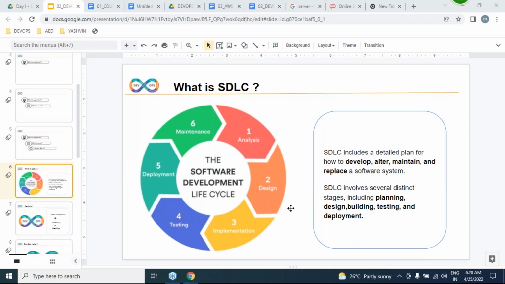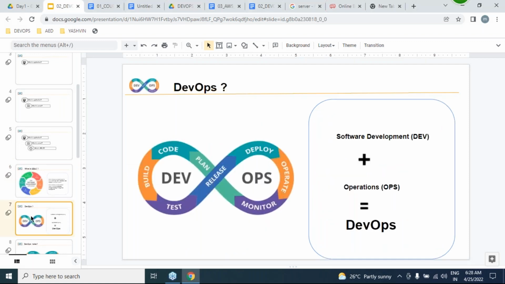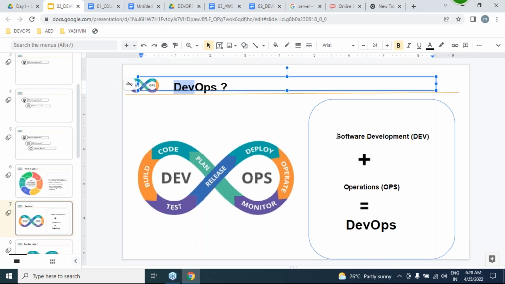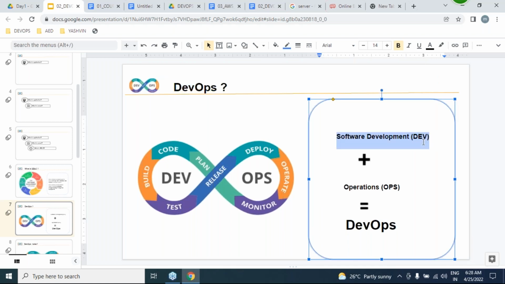On SDLC, we are going to implement the DevOps process. Guys, what is Dev and what is Ops? Dev is development, software development. Ops is operations.